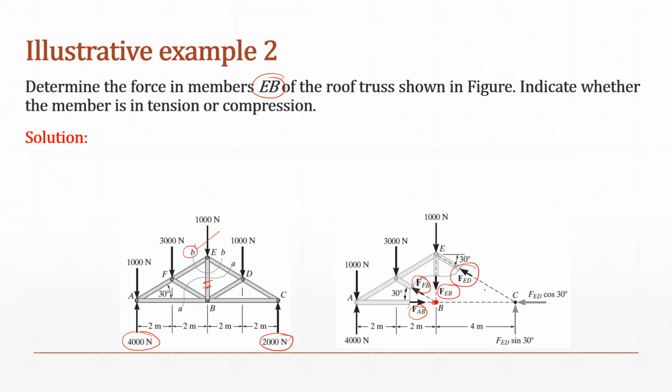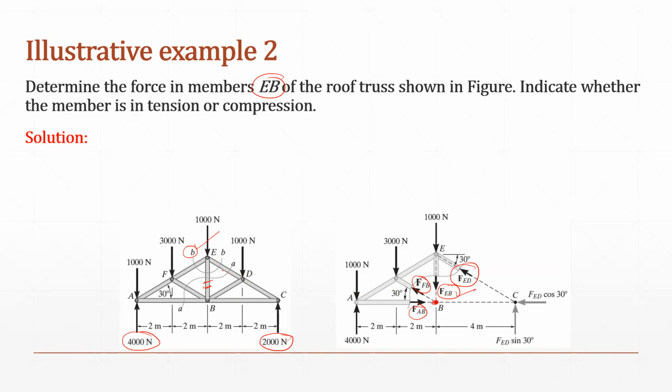And with this equation, we will be able to find out the value of FED. So that is why this is a very special case in which we are first finding the force in member ED, and then we will cut the section BB to find out the force in member EB. Because if we cut the section along AA, we won't be able to find out force in FEB because that will become very ambiguous. So by cutting section AA, first of all, we will find out force in member ED.